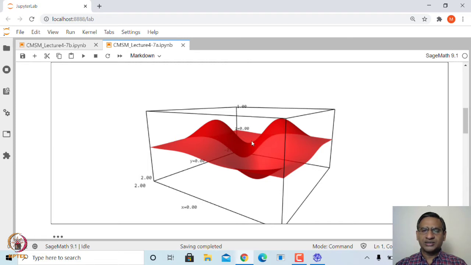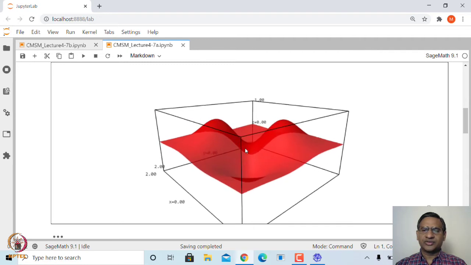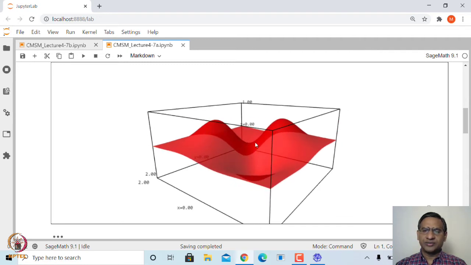However, at this point when you draw the tangent plane, no matter how small a portion you take of this graph, the tangent will intersect the surface, but that is not the case at the point of local maximum or local minimum, right. So, this point is called a saddle point, and that is what you get here at any small portion of the surface. The function value will be higher than the function value at this point, and it will also be lower. So, that is why it is called a saddle point.